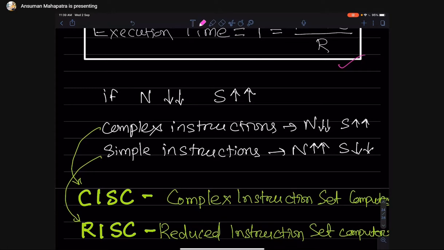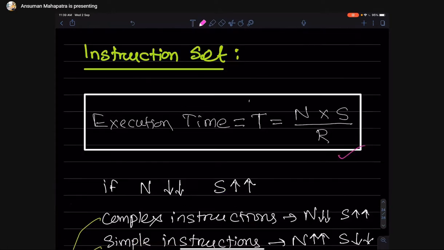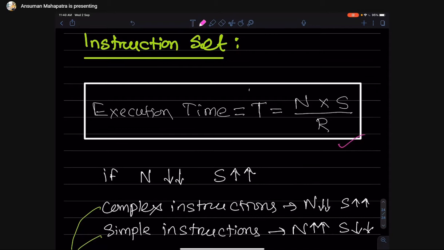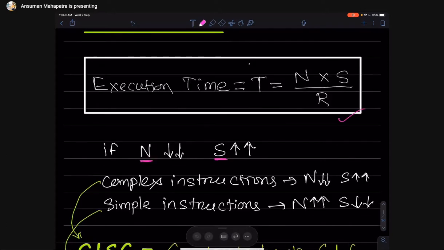From this instruction set we have to remember one thing: if we reduce n, the s value will increase. N and s are linked together. What is the meaning of that?